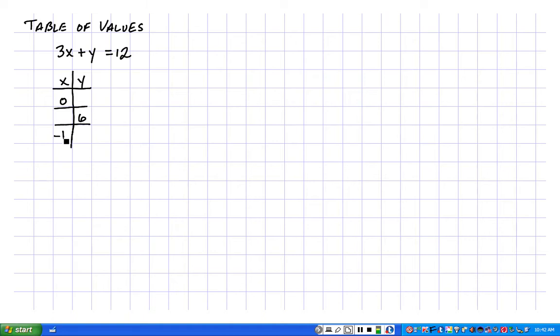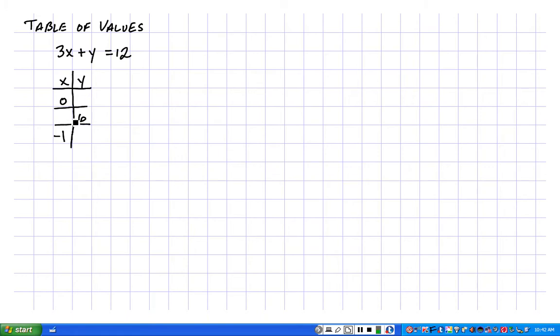So you're given an equation, 3x plus y is 12, and you're given an incomplete table of values, and this is what we're calling our table of values, where we have a number here for our x, this -1 is for our x, and this 6 is for our y. All they're really wanting you to do is to take these values that are given in the table